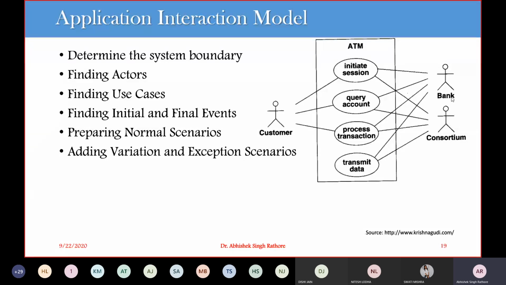Now when we are going to finding the use cases, we have to list down the fundamentally different ways in which your actor uses the functionality. So we are having different types of activities or different types of functionality that our actor is performing in our system. So each of these functionalities can be represented as a use case. So these use cases partition your functionalities into a small number of discrete units. So overall this is a function and this is our system, and this is the boundary of our system, and we are having lots of functionalities available in the system.